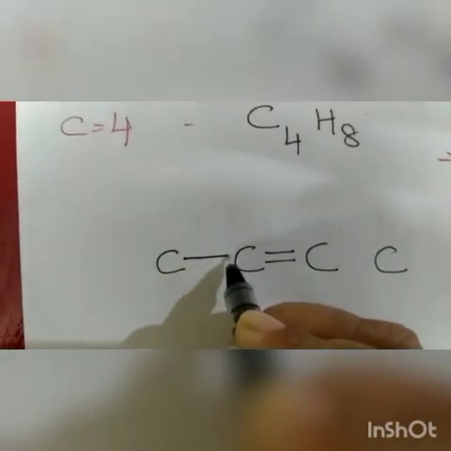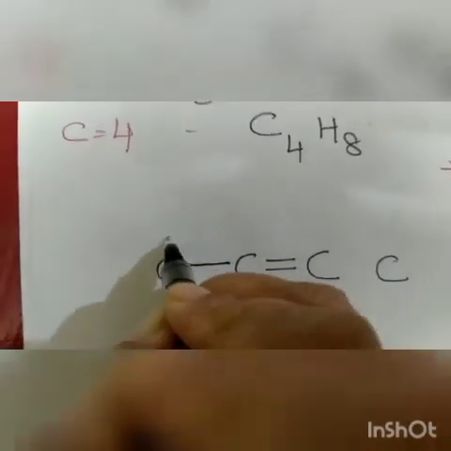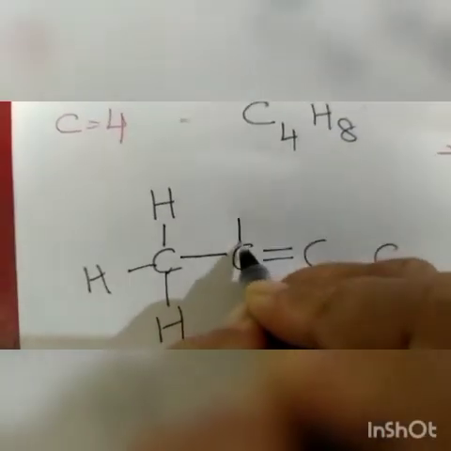Okay, now how will you draw the hydrogen? That is totally based on the number of valence electrons of carbon. So here 1 electron will be used up in forming a bond with the other carbon atom. How many electrons are left? 3. So 1 will form the bond with this hydrogen, 1 with this and 1 with this. Understood? Now this carbon atom, 2 electrons are used up in forming the double bond with this carbon atom and 1 is used up in forming a bond with the first carbon atom. So how many are left? 1. So this one will form the bond with this hydrogen atom.